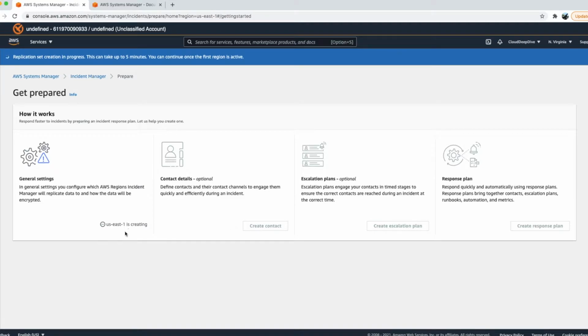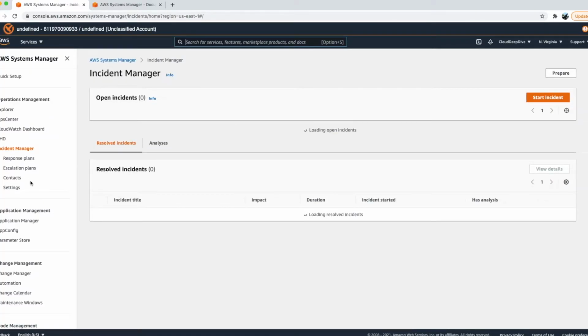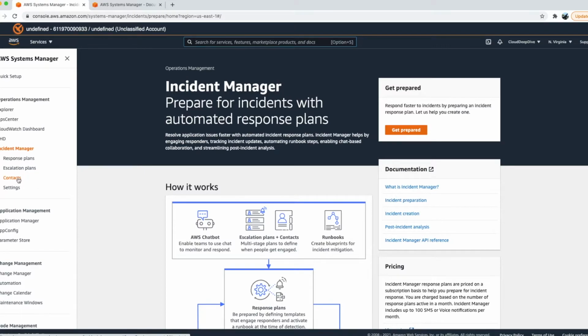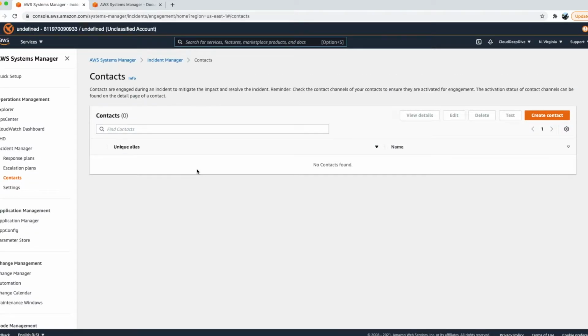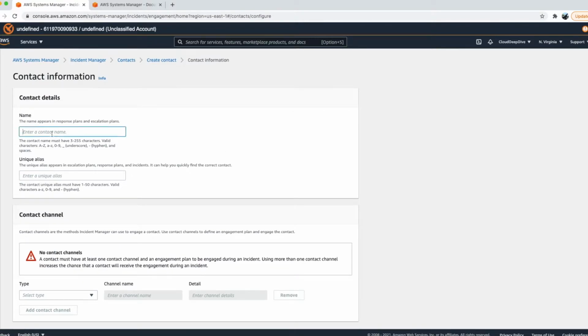So it's creating. It might take a minute, should not take a minute, it should be quite fast. So let's wait for that. Refresh it. Okay, so while it's creating, let me click on the incident manager, and the next step is to start creating your contact. So let's go to the contacts. In the meantime, it's getting created. So we'll click on create contact, and here we'll specify the name of the contact. So here I want to say these contacts are used for my stage 1 respondent,